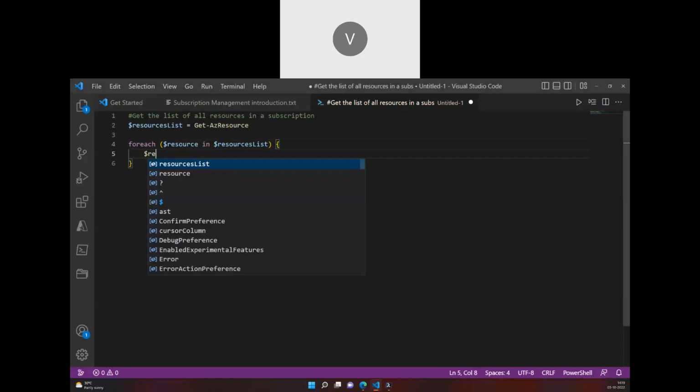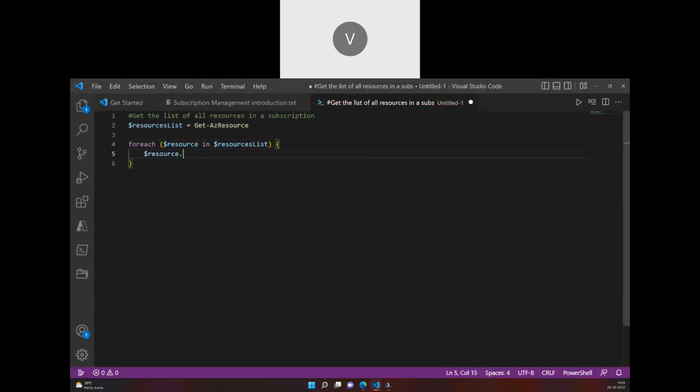dollar resource dot tags, as that's in a dictionary data type. This is the way to get the value of the tag, so it's going to be a key value pair. So the key here is user type, and if there is a user type tag, this is going to work out. If there is no tag, then it is going to throw an error. So that's the reason why I use a try catch block here,